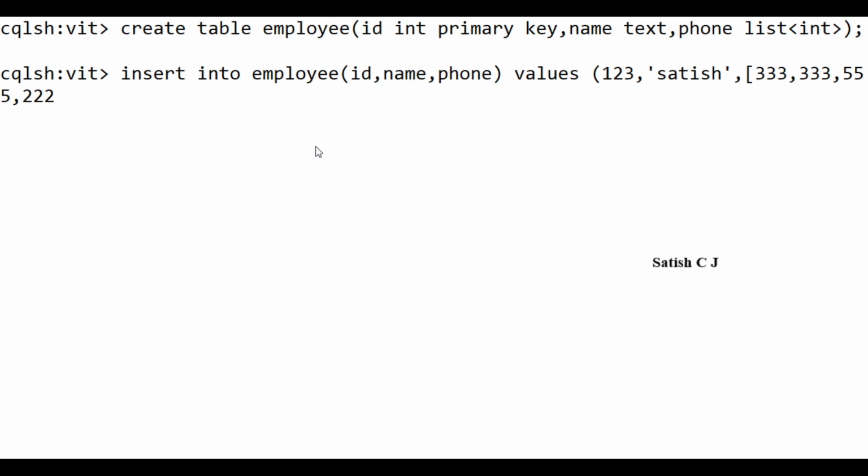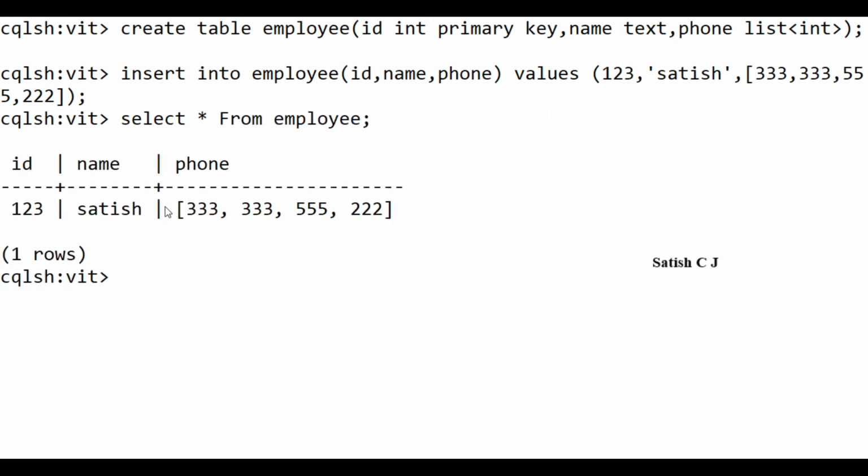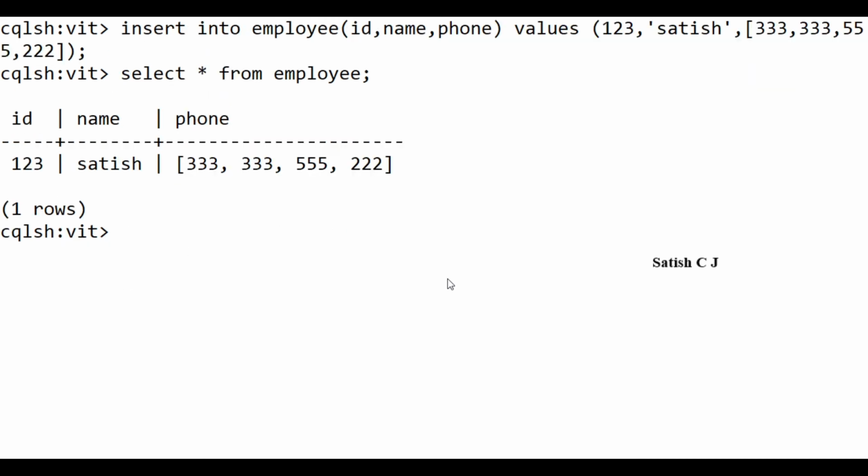Now the list is not actually sorted and we are having some duplicate values. That is very important, that's what we have to note here. And let me do a select star from employee. So you can see the list allows duplicate values and it is not sorting the output, right? So it's not sorting, it is maintaining the insertion order. So you can have a list of values attached to the phone, and what are the key things? Duplicate values are allowed and it is maintaining the insertion order.